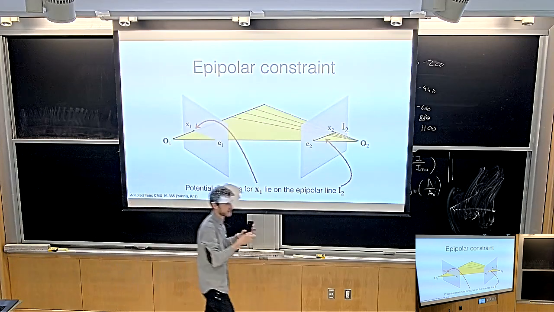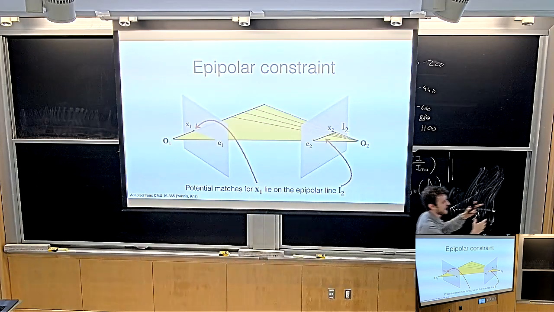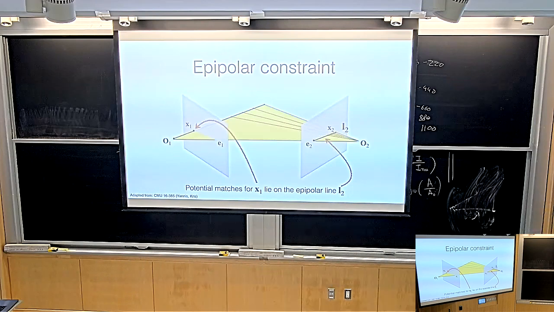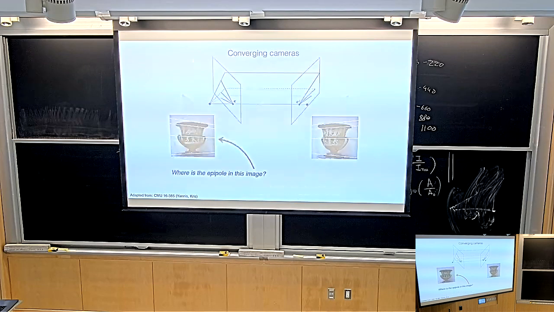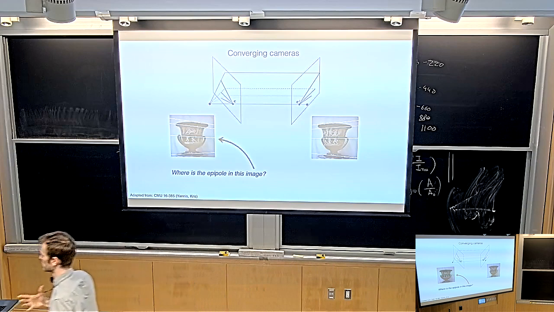So in other words, you can think about the epipolar line as the projection of the ray that goes through the pixel onto the other image plane. That is also a line in 2D, and the corresponding point has to lie somewhere along that line. Make sense? Excellent. Cool. So let's think about a few systems and where the epipoles are and what the epipolar